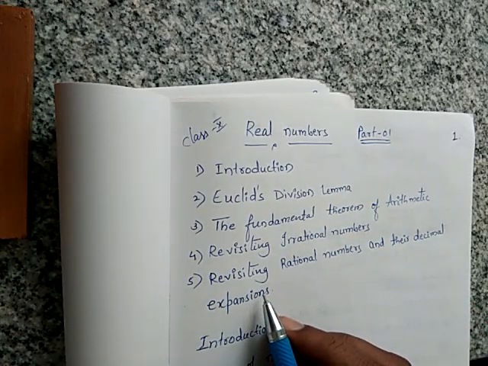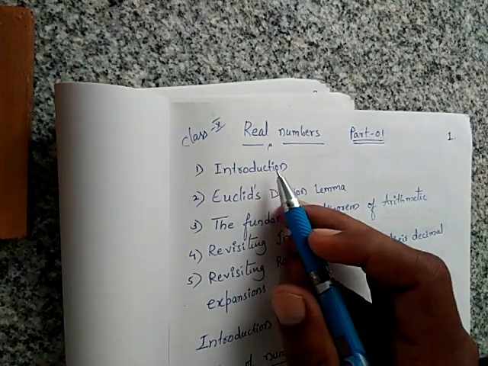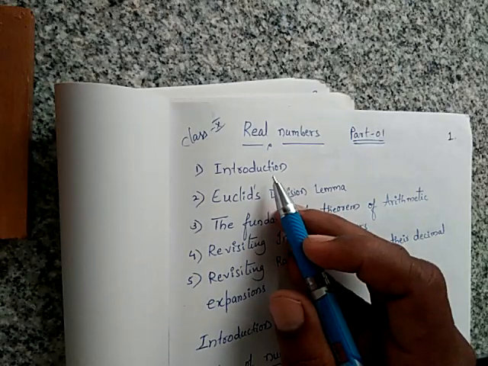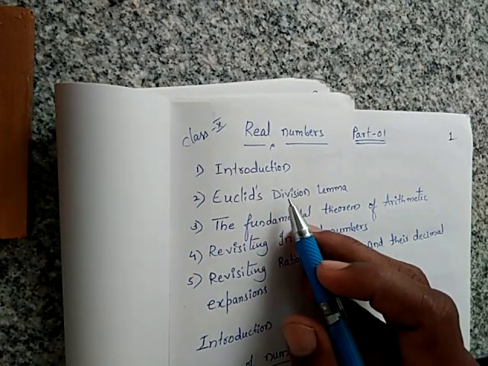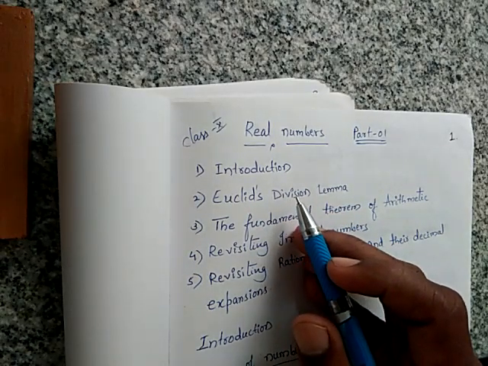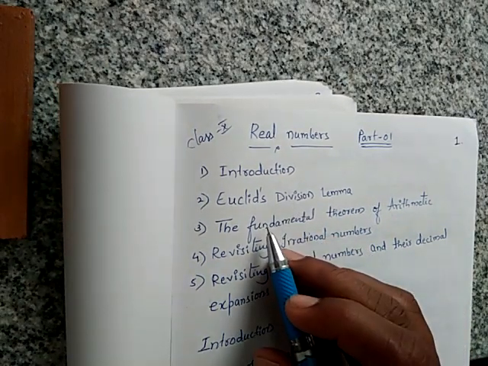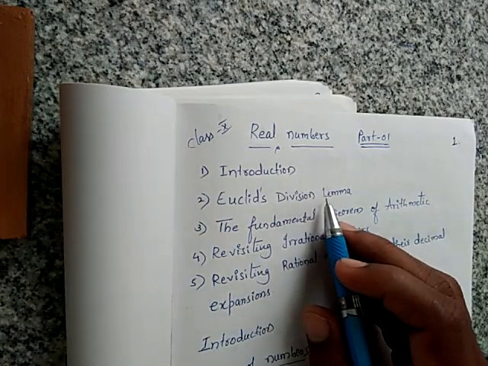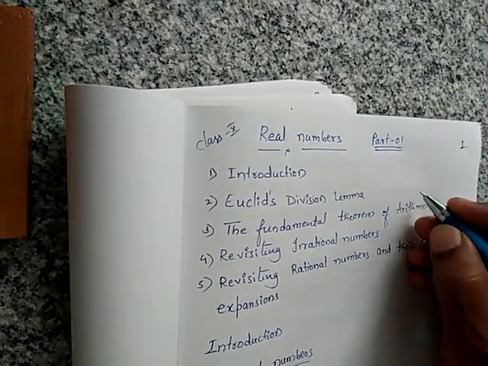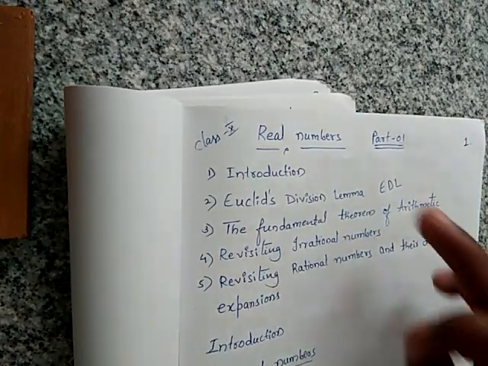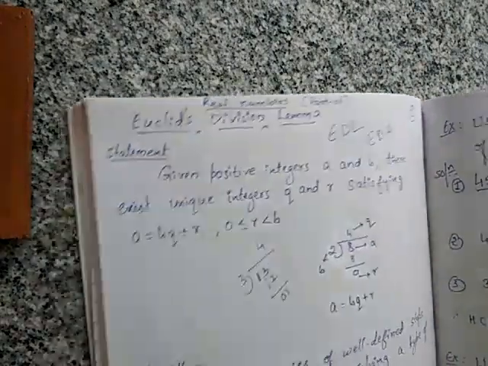As you know, the introduction covers natural number, whole number, integer, rational number, irrational number. These are all known, and also prime number, composite number, even number and odd number, as we learnt in the last class. So next we will go directly to Euclid's division lemma, also denoted by EDL. I will tell you directly about Euclid's division lemma here.